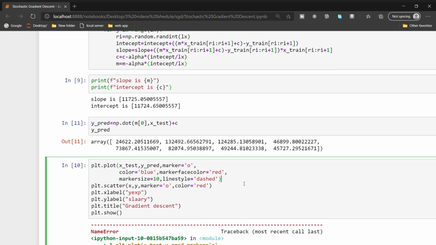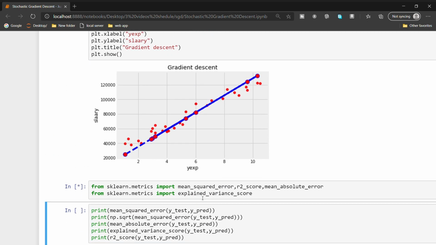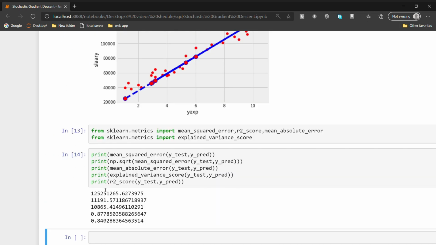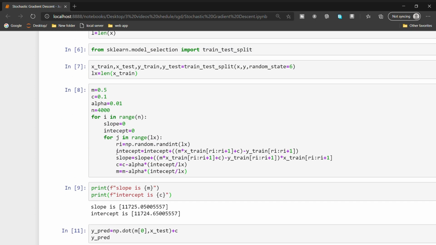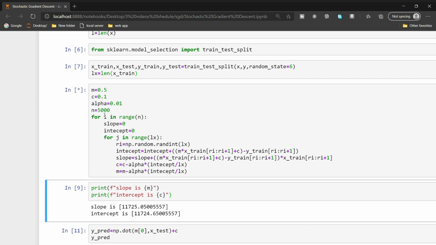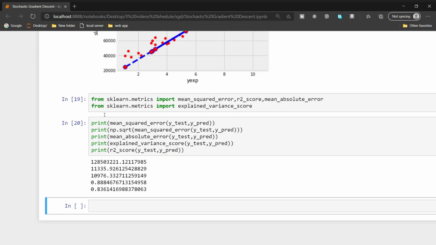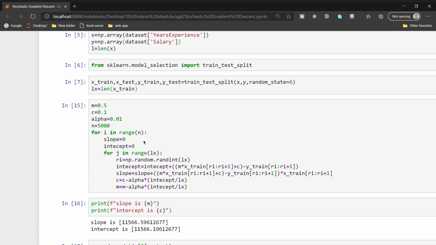These are the predicted values. This is the plotting line. We got nearly 87% accuracy. I think we need more iterations. And now we got 88.